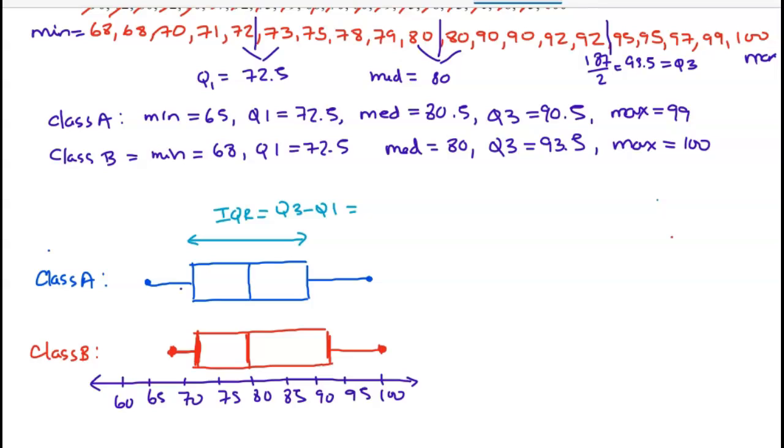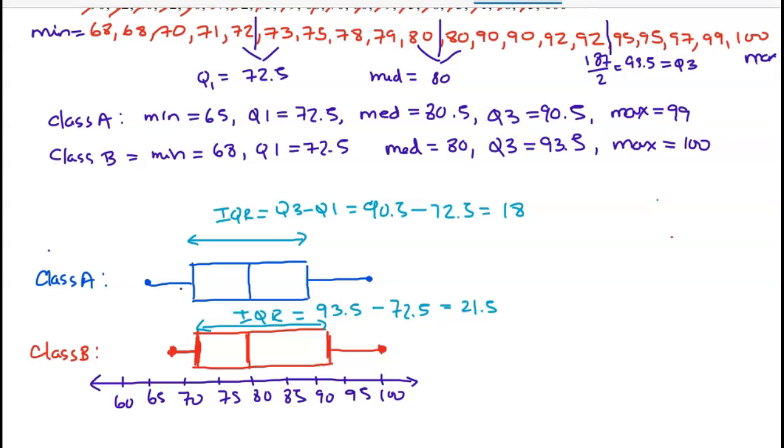So the IQR for class A is going to be 90.5 minus 72.5. So this is 18 units, right? And the IQR for the class B data is Q3, so 93.5 minus 72.5, and that gives 21.5. Okay, so IQR shows that the spread of the class B scores, the middle 50% of